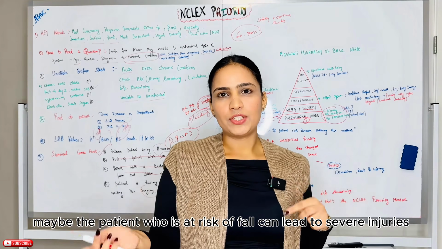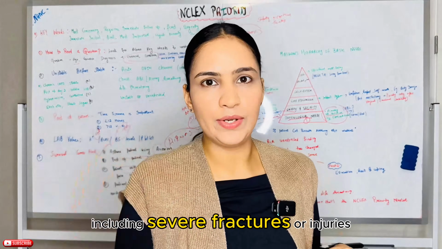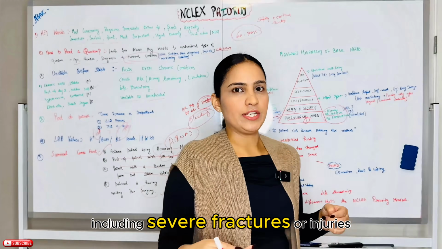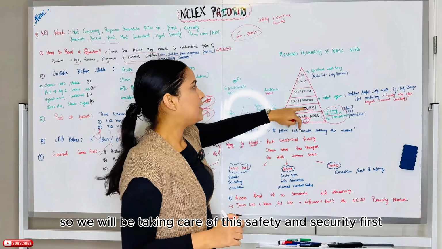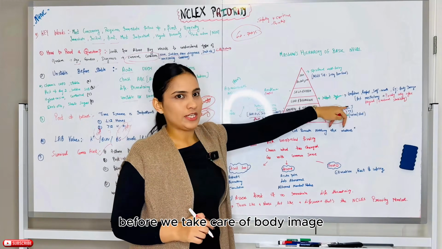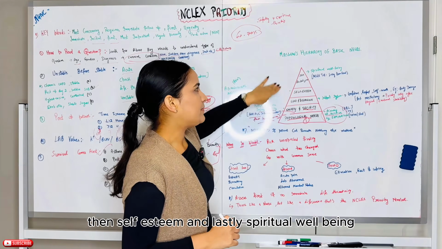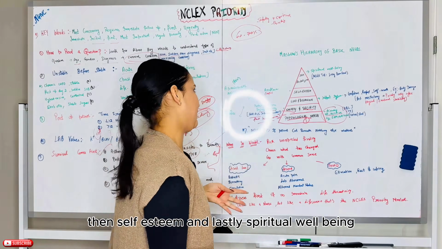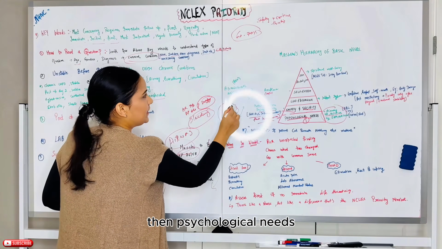So maybe the patient who is at risk of fall can have severe injuries, including severe fractures. So we will take care of this safety and security first before we take care of body image, or before we provide education, love and belonging. Then self-esteem, and lastly spiritual well-being. So basic needs always come first, then